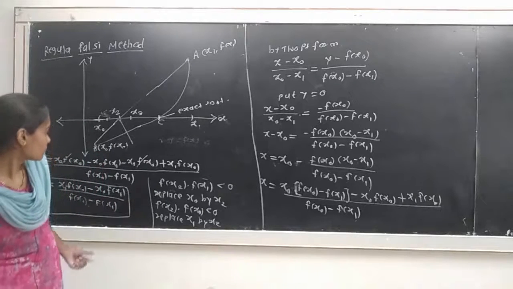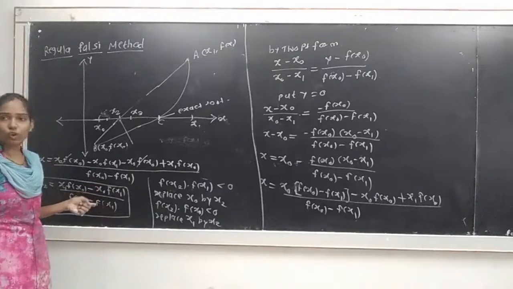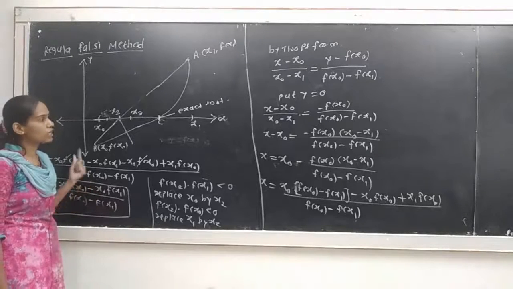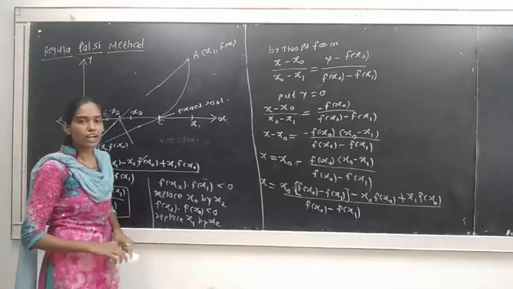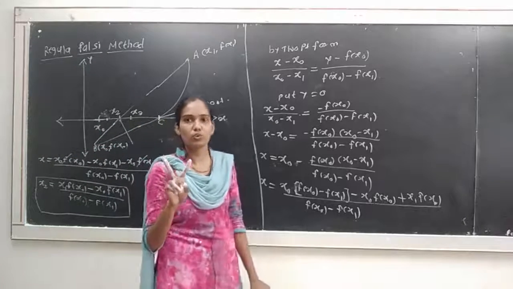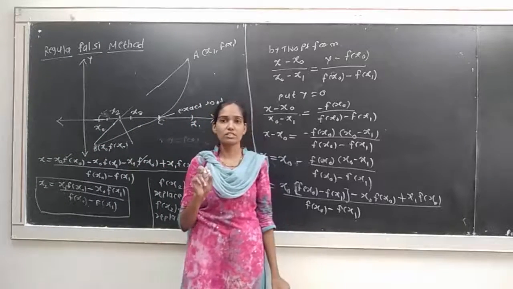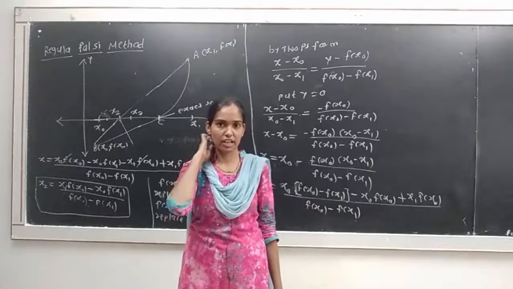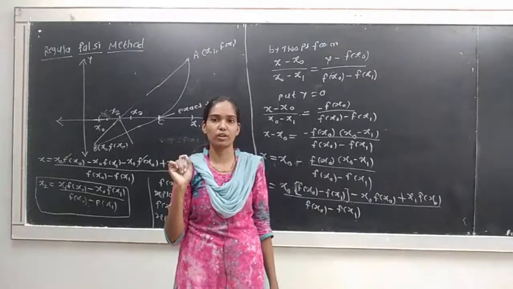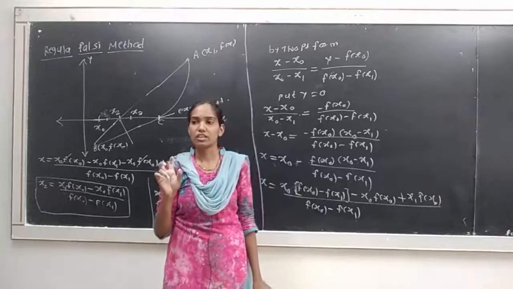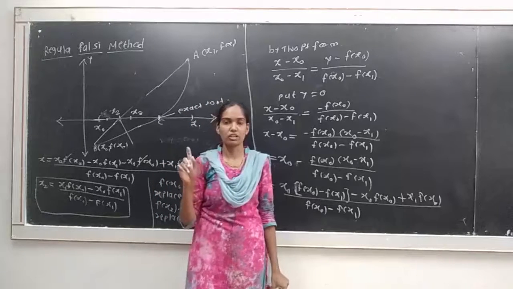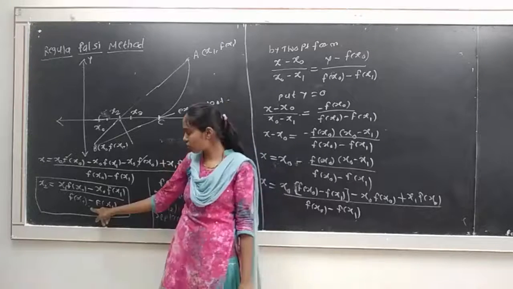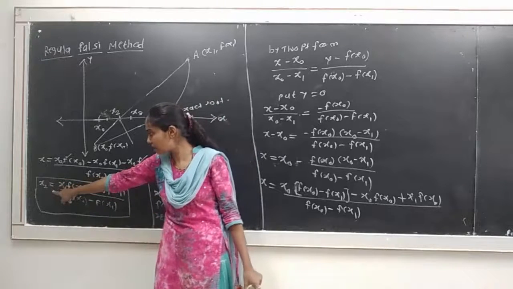In this way we can find the root of the equation by using this formula, that is we get the approximate root by using the regula-falsi method. For that first we have to search 2 points where the root lies. We find the values of the function at the initial points x0 and x1, that is f of x0 and f of x1. And if the values of this function are of opposite sign, then we get the interval in which the root lies. Using this formula for these 2 points, we get the next approximate root.